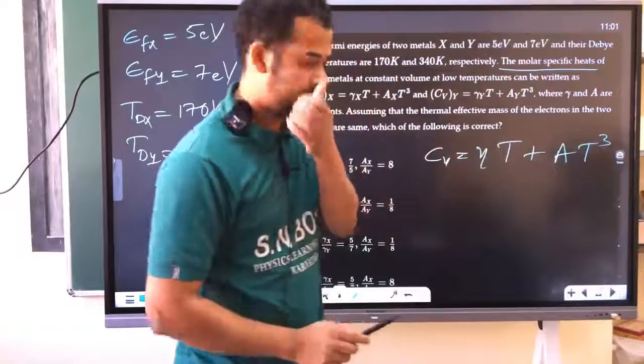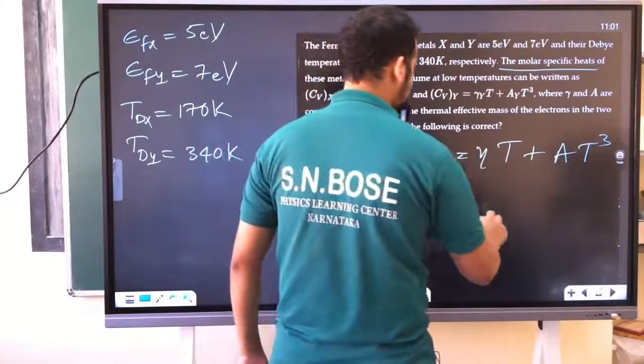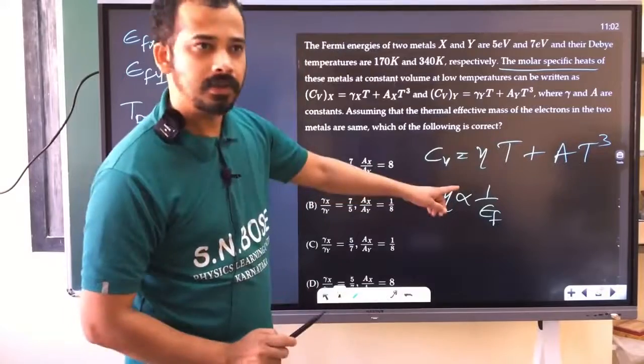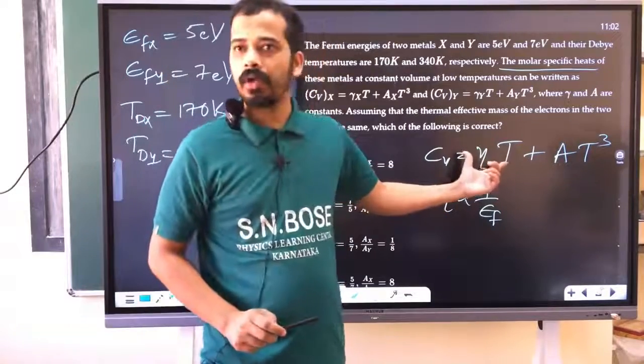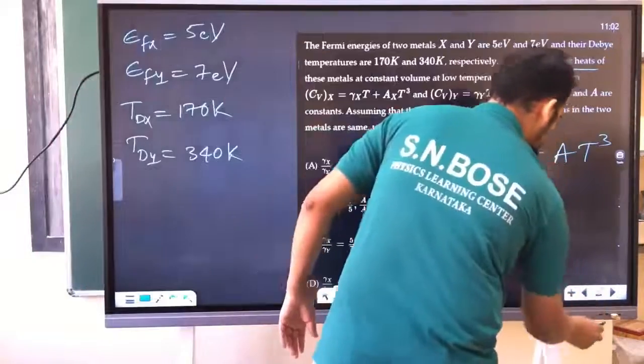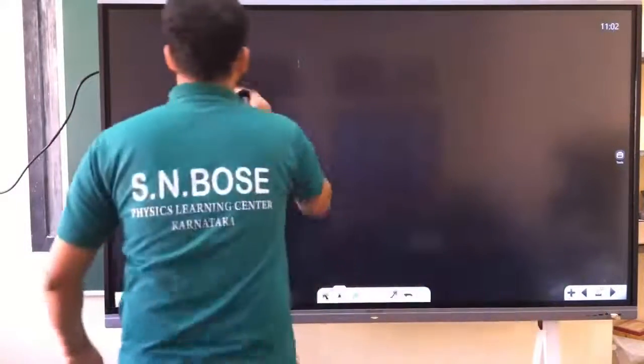Am I right? Now this gamma is inversely related to the Fermi energy, isn't it? I mean, this is a contribution due to electrons. You got my point? Is that okay? Now for metals,